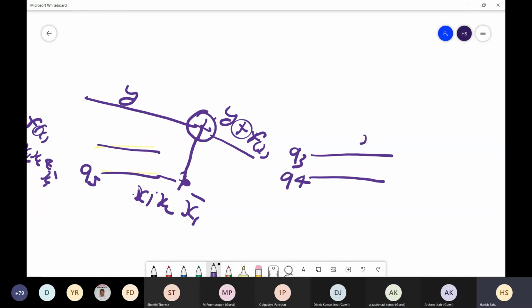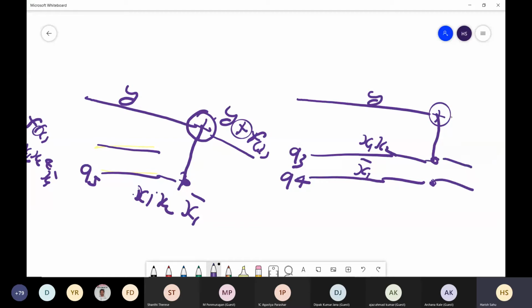Here I was having x1, x2, and here I was having x bar. This is control, and this is Y, suppose. And I apply this. So what will we have here? Y XOR with the AND of these two. A Toffoli gate, basically.